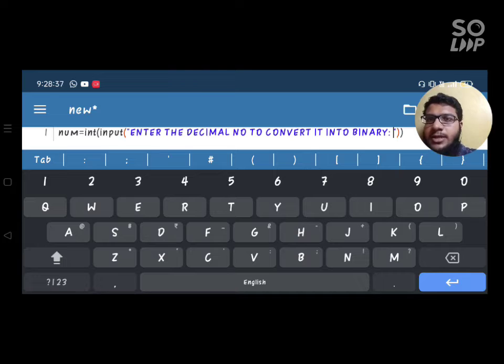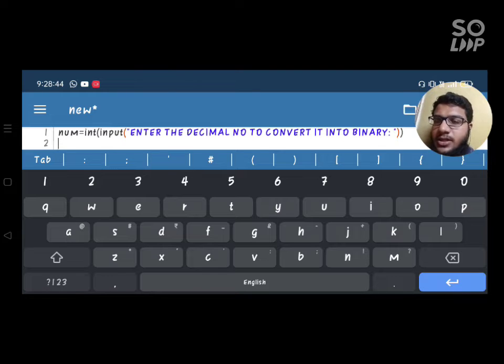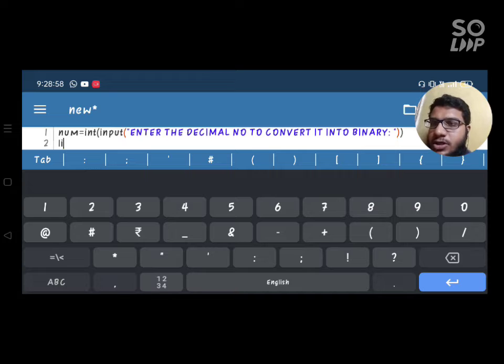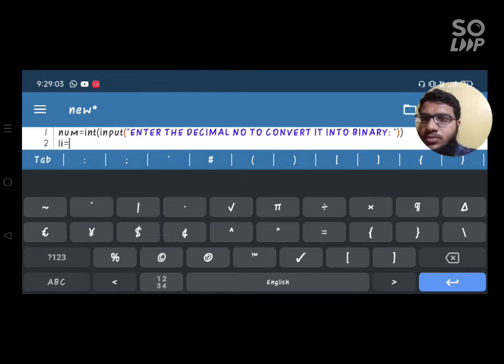Okay, so here I have taken an input from the user, and after this I'll be making another variable, and the name of the variable will be li, and here I'll be creating one list. So li is equal to list.